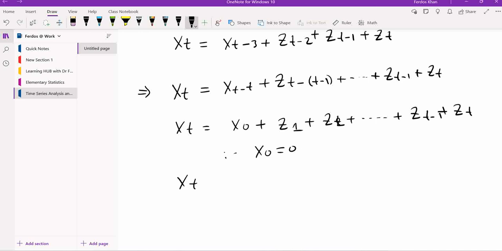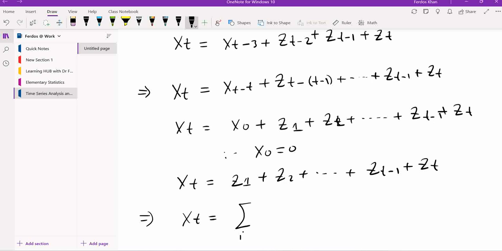So this means that xt equal to z1 plus z2 plus up to zt minus 1 plus zt. You can write this in the compact form, that i equal to 1